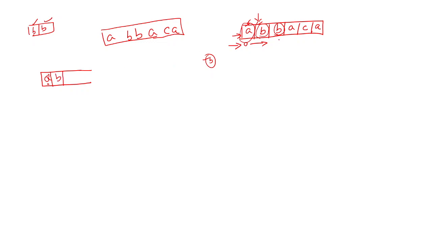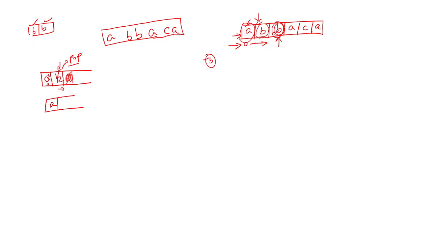Again we come to this index and pick up this b, and we compare inside the box. Previously there was b, and again we are coming with b, so we need to remove this because we don't want duplicates. Whatever value we inserted here, we have to pop it out. So now our box is remaining with a.